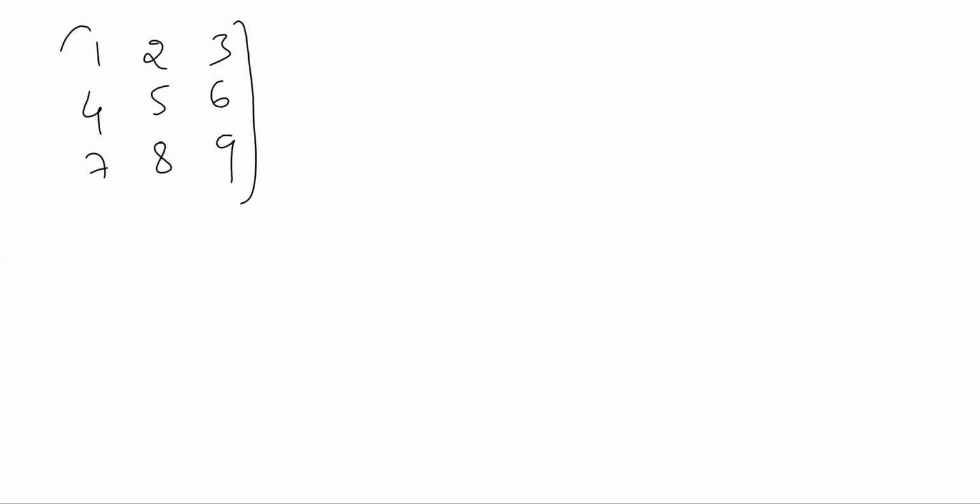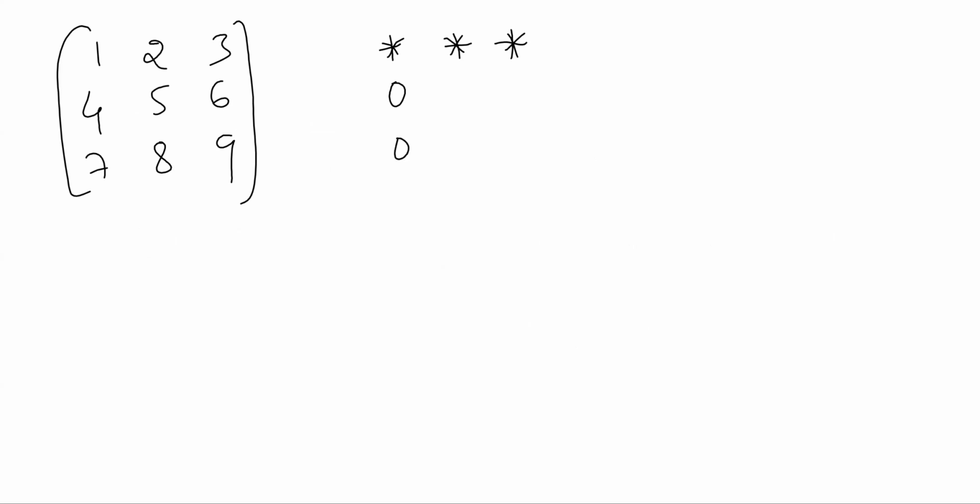So the matrix is 1, 2, 3, 4, 5, 6, 7, 8, 9. So what is the row reduced echelon form? This should be non-zero. So you should not worry about other values. So this one. So the below element should be 0. The first leading element should be non-zero. The below element should be 0.